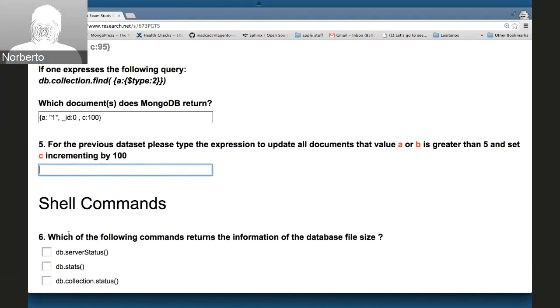For the previous data sets, please type the expression to update all documents where value A or B is greater than 5 and set C increment by 100. So what I want here is for you guys to express the query or the statement, the update statement that will perform this transformation. So it will be something like